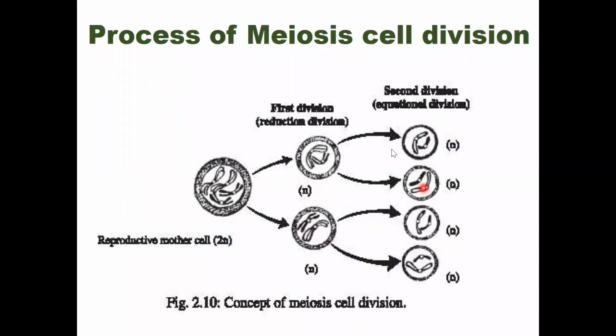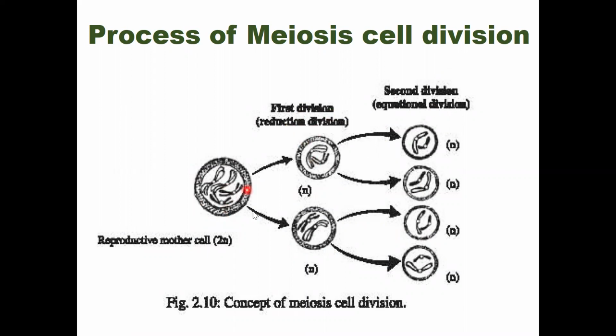So here is the total process of meiosis cell division. During meiosis cell division, a primordial germ cell is divided in two successive phases. The first phase is called meiosis one. Here, the first phase is the first division, and the second division. During the first division,